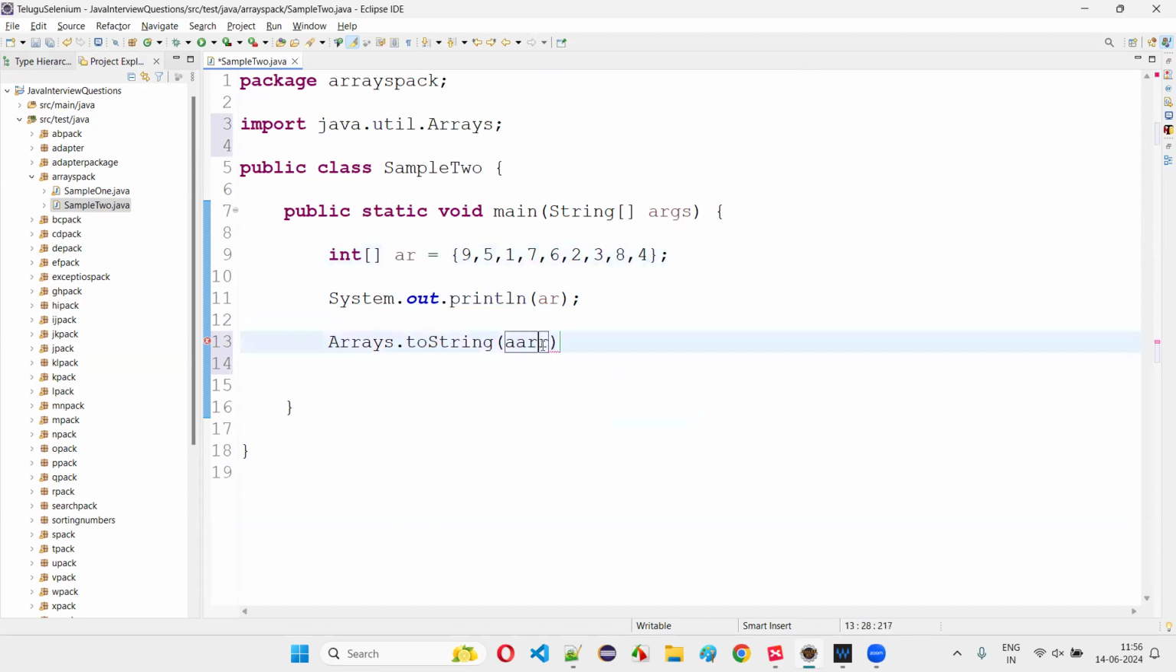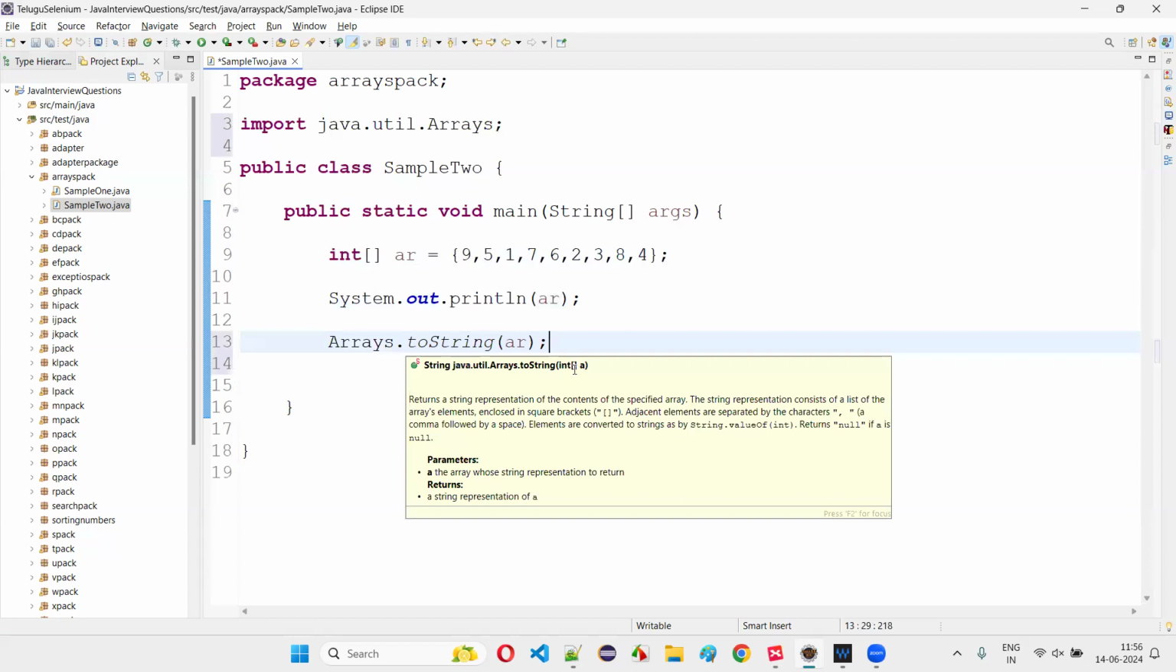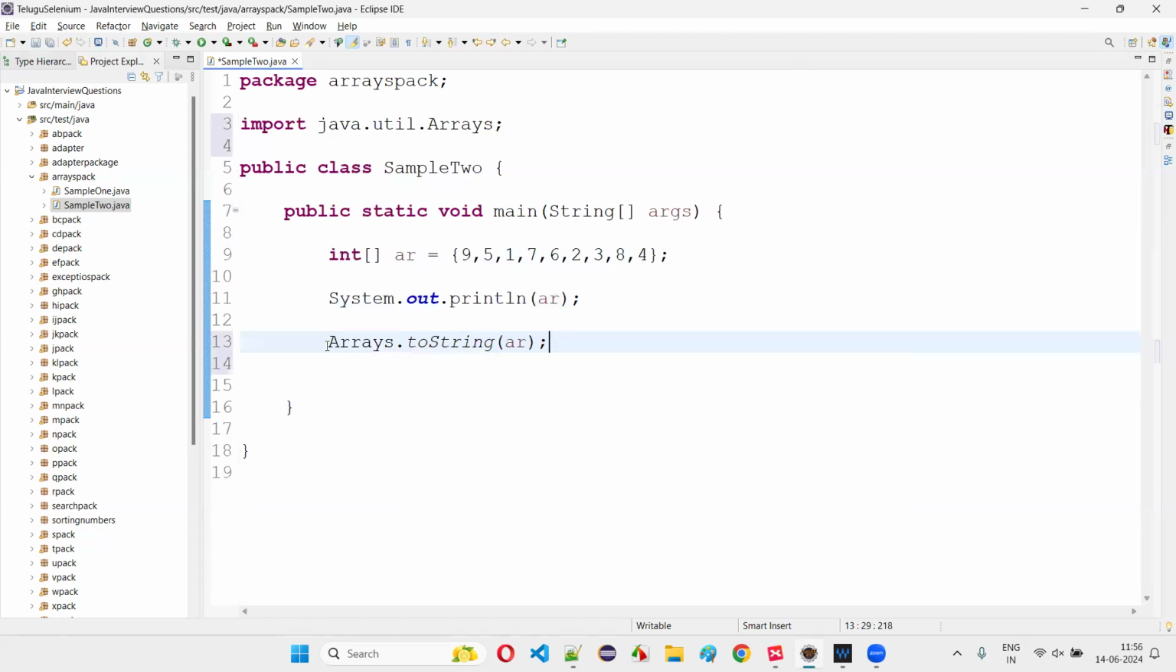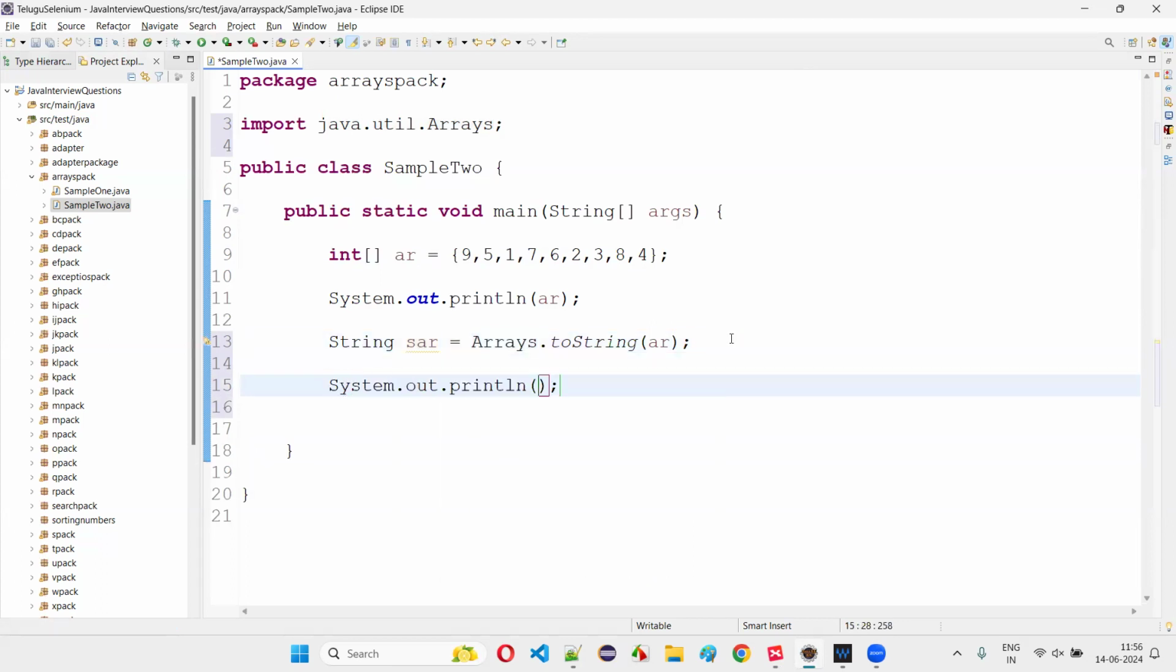Okay, copy this and paste it here, the name of the array that you want to convert into string format, and this toString method will convert this array into the string type. Okay, String SAR, let's say String SAR, the string format converted array. Now you write down System.out.println(SAR). Okay, by using this toString predefined static method of the Arrays class,